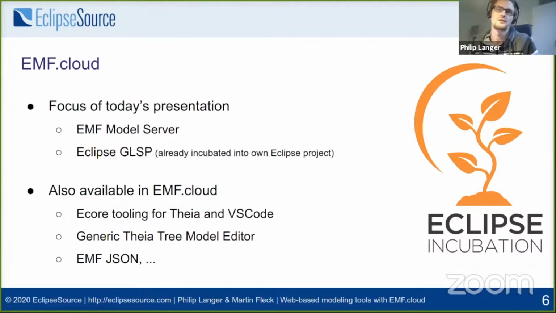Like in EMF.cloud, we have also eCore tooling, so you can build eCore models in Theia or VSCode. There is also generic UI components like a tree model editor, where you have a tree on the left-hand side, and depending on your selection, you get a form on the right-hand side to edit the model details, very similar to the generic EMF editor that you may know from Eclipse. And last but not least, alongside other components, there is an EMF JSON mapper based on Jackson, which allows you to load any EMF model in JSON and basically work with it the same way as you would work with it in XMI, but have JSON as the primary